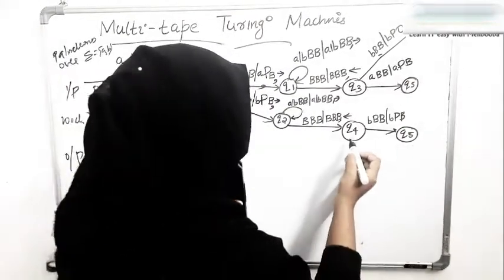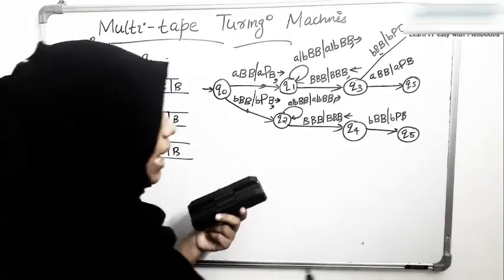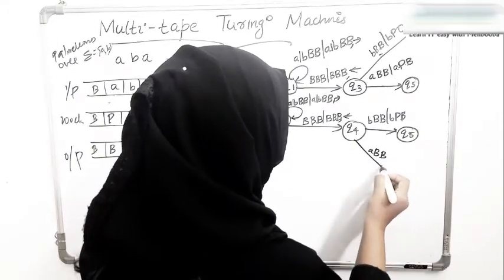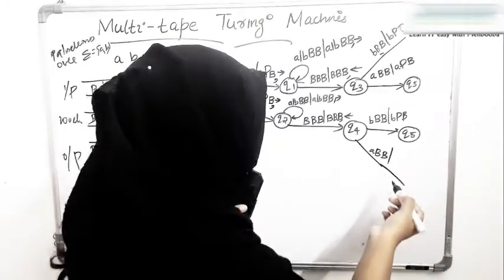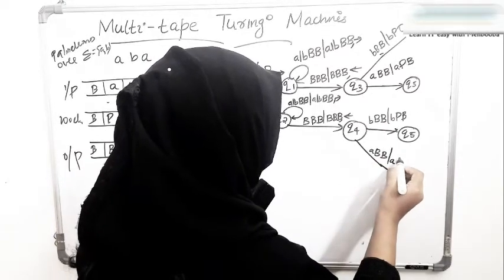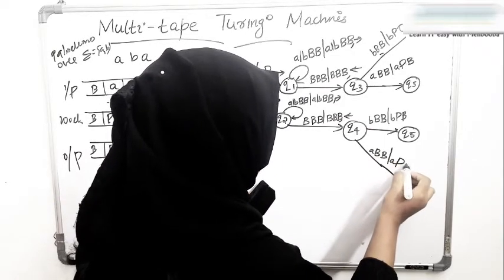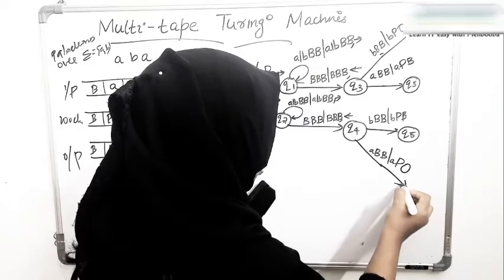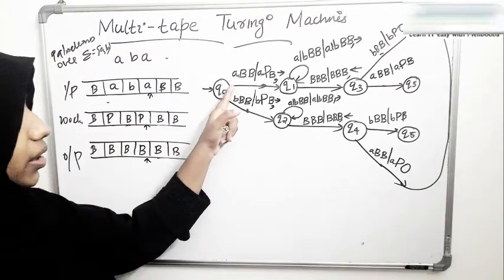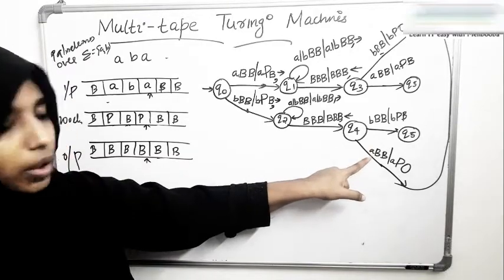Okay. Now here also at this point we are expecting a B, because the first character was a B. If we are getting an A, that means A and blank, blank in the next two tapes, that means your string should be rejected. You can leave this A as it is. You can convert this B into a P to indicate that this symbol has been processed, and you can write 0 in the last tape to indicate that your string has been rejected. Because when it is starting with A, that should end with an A, not B. When it is starting with B, that should end with a B, not with an A.